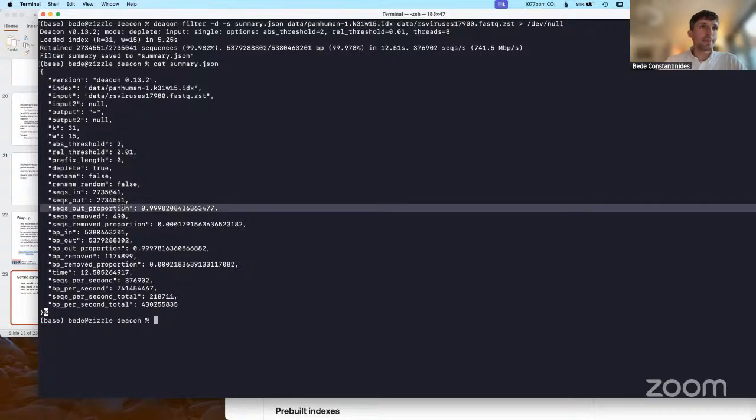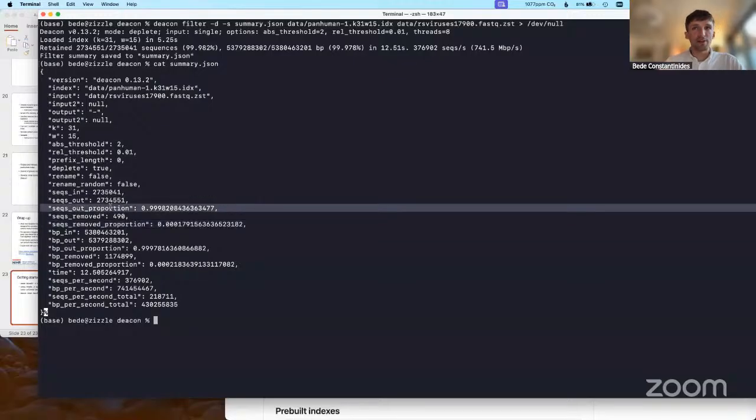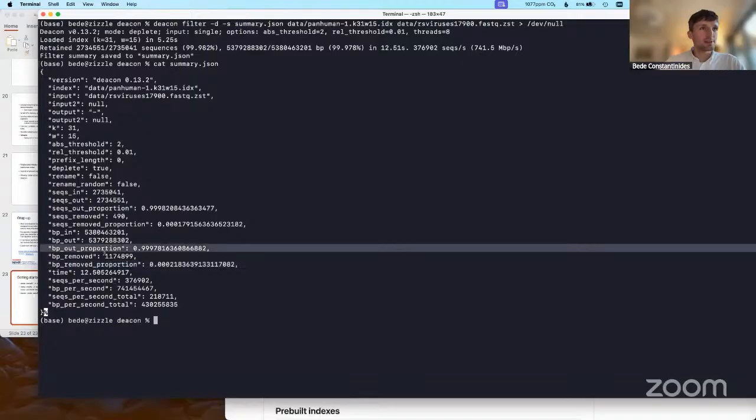So we can see exactly what it's done here. I find so often we talk about host depletion in terms of reads removed, but when you have ONT reads, they vary in length, so it's quite useful to know the actual bases removed. We've got lots of information here: the parameters that we ran with, our absolute and relative thresholds, which are really important parameters, and what proportion of our input records passed the filter and what proportion of bases passed the filter.